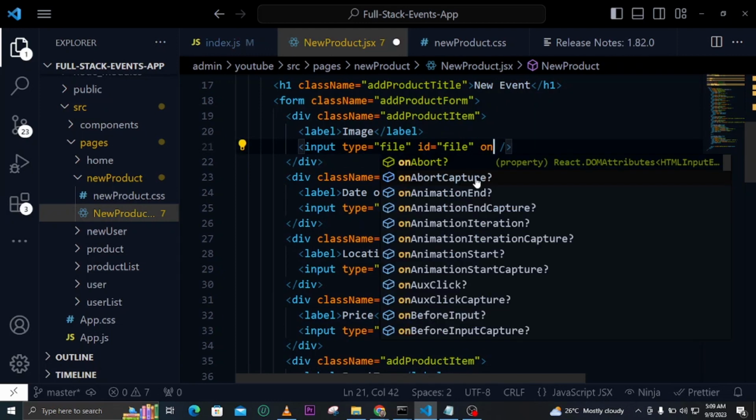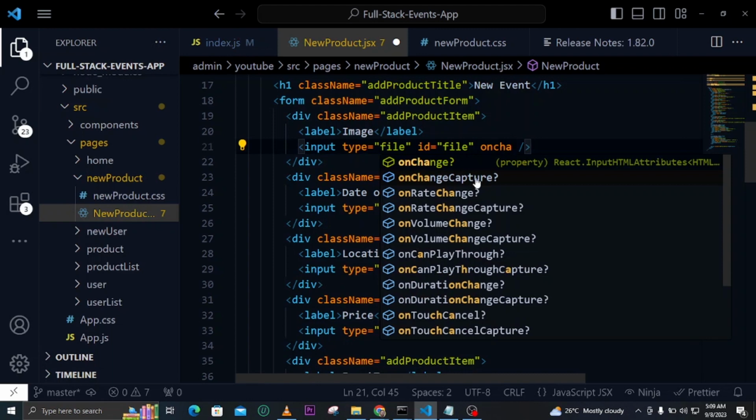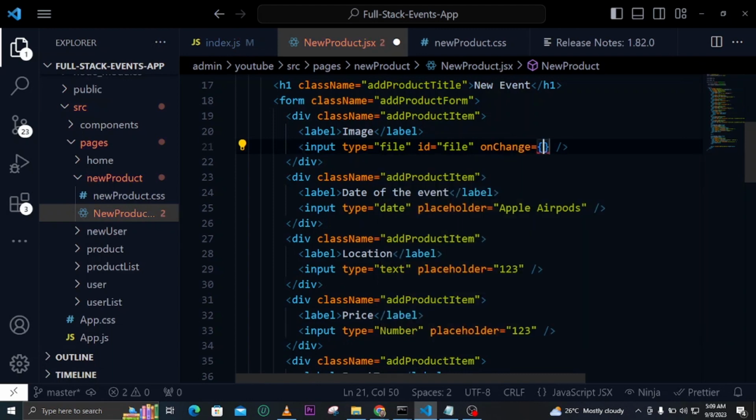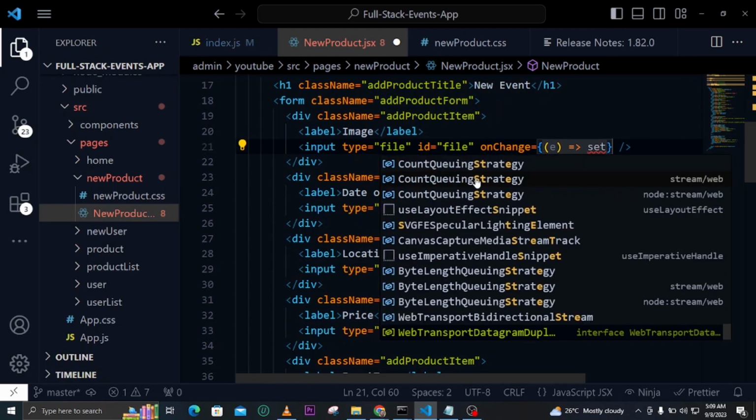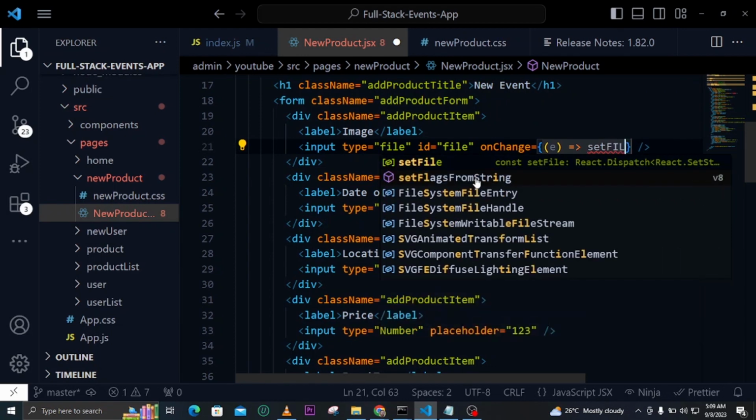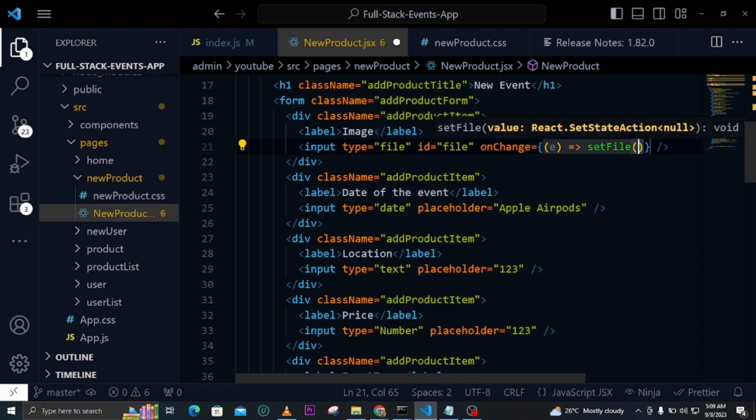I'll add another event called onChange, and in onChange we are going to access this event after we have clicked that input. So here we need to do setFile, and from this setFile I just take